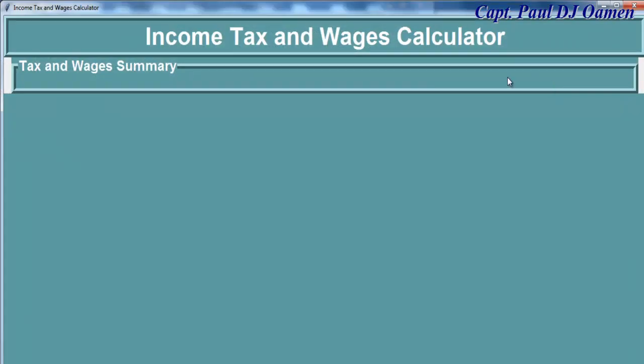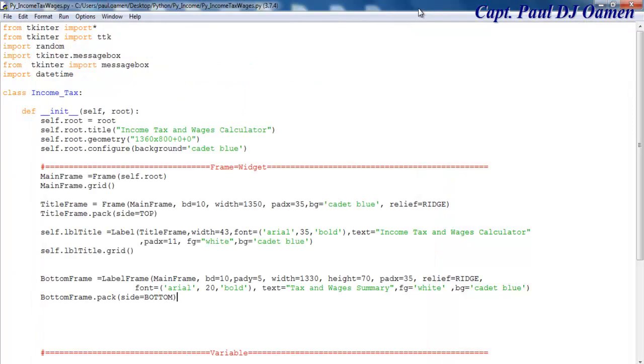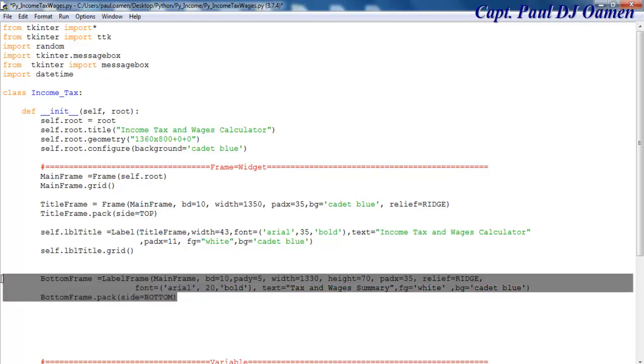There we go, guys. Now what I want to do is to move this bottom down, push it down, and enter 2 more frames right in between. So underneath here I have the top frame and the bottom frame there. Okay, maybe we should even change, okay, title frame, that's fine, we'll leave it like that, and just enter 2 more frames here. So I'm going to copy this and just change things around,